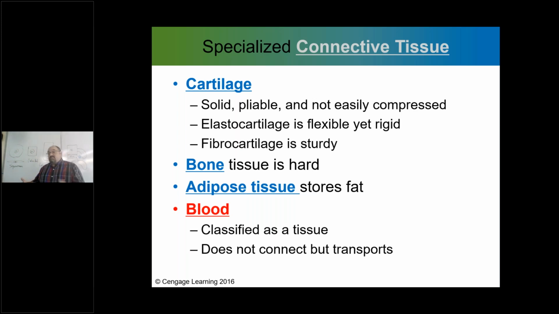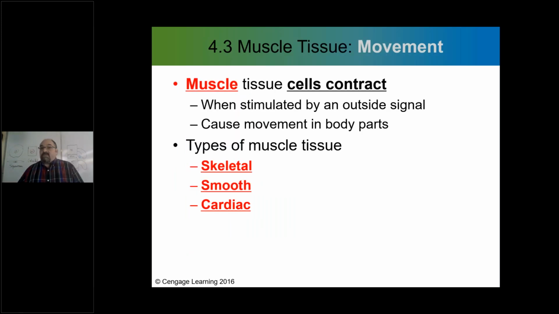So adipose tissue, fat, is a very important part of our body. Blood, I said that blood was a fluid connective tissue, right? And so it really will help to bring all the parts of the body together and transport all kinds of nutrients and waste and removal of waste and movement of solid and liquid and particulate as well as gases.